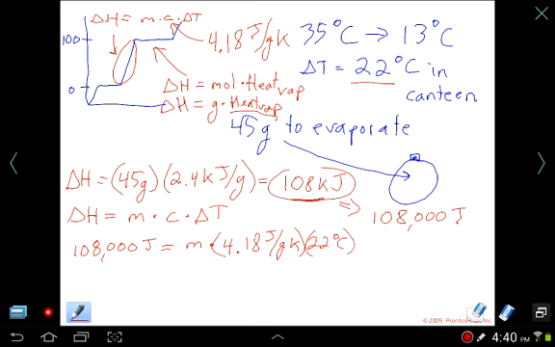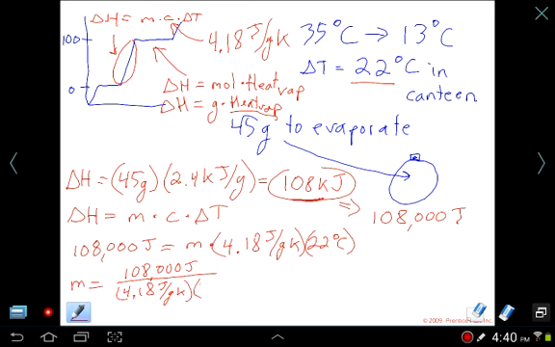Essentially, rearranging the equation, we get mass equaling 108,000 over 4.18 joules per gram Kelvin,